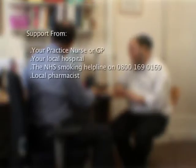Stopping smoking is not easy, but the benefits will outweigh any temporary withdrawal effects. If you stop smoking with a friend, this can make it easier. Support is available from your practice nurse or GP, the local hospital, the NHS Smoking Helpline on 0800 169 0169,